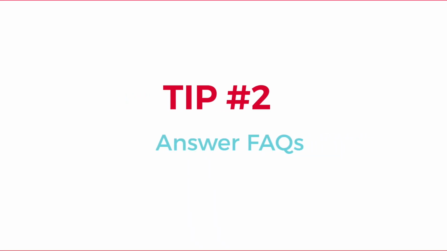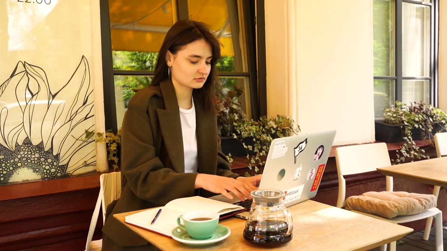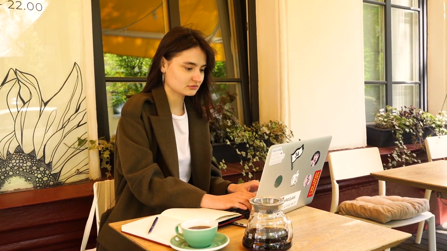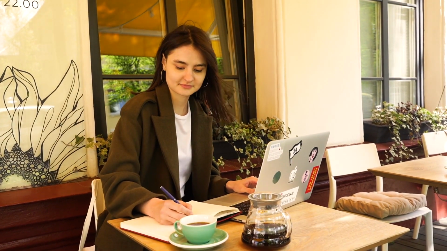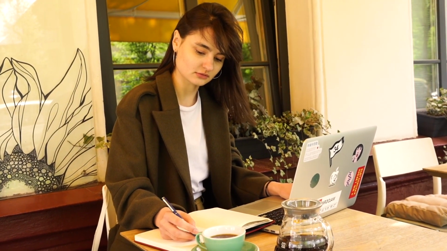Tip number 2, answer frequently asked questions. If you get stuck on content as you're listening to this and you're thinking, well, I don't know what type of pillar content, I would encourage you to take out a pen and piece of paper or open up your laptop and make a list of all the frequently asked questions that you get asked all the time. When you get asked something and you think to yourself, if I get asked this one more time, guess what? That's a great piece of content, especially pillar content. Now, some of those frequently asked questions are going to be timely, right?